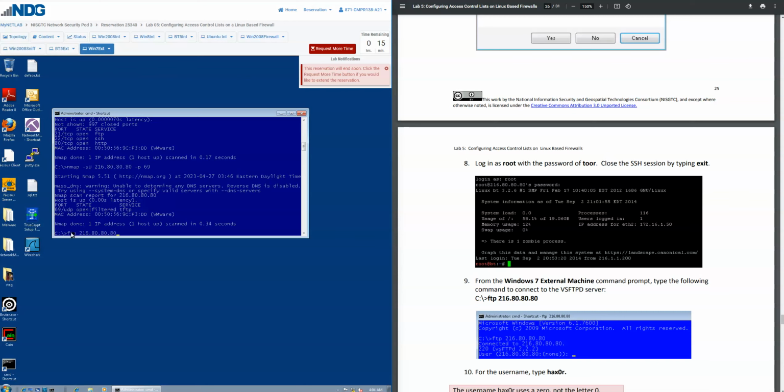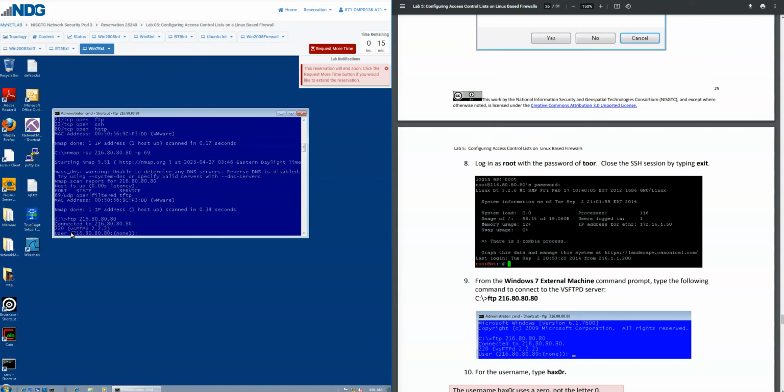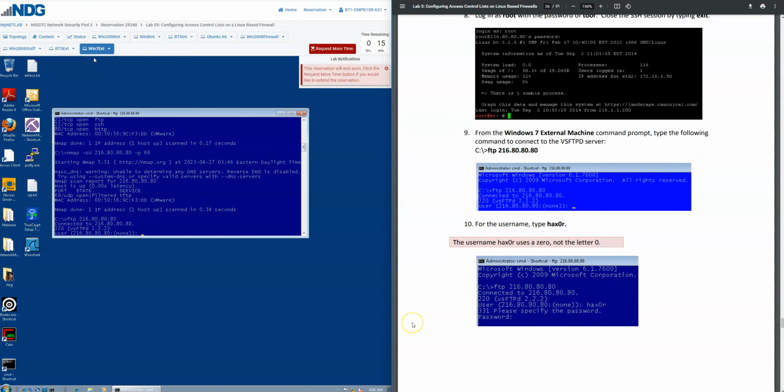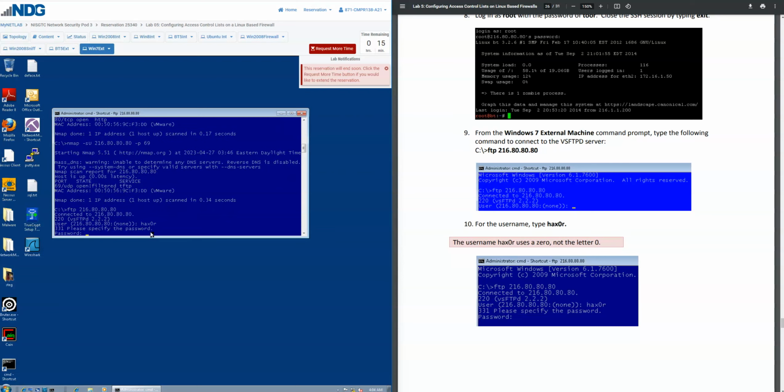We're going to hit enter, and you can see we connected. Now for the username, we have to type in hax0r, and then for the password,